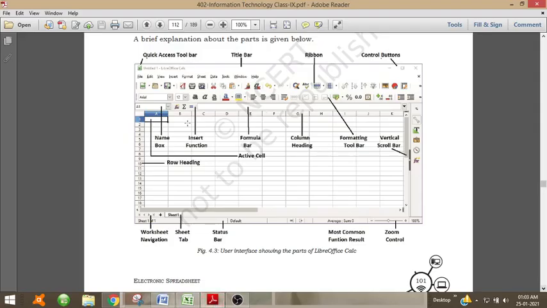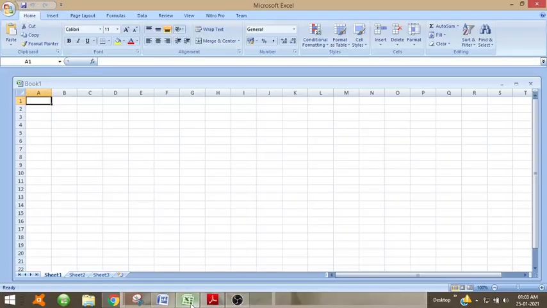Then here, where A1, A2, that is the cell name or the box name, is shown. So in Excel you can see the box names here. If I click on any of the boxes, the cell name will be shown here.